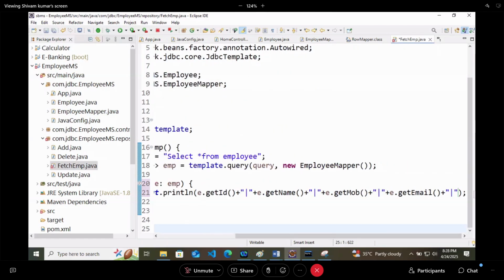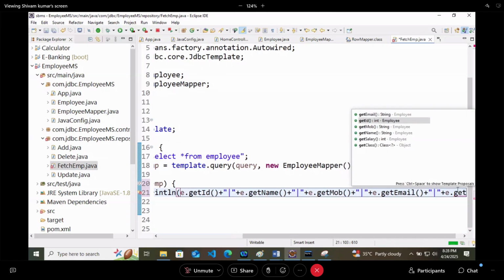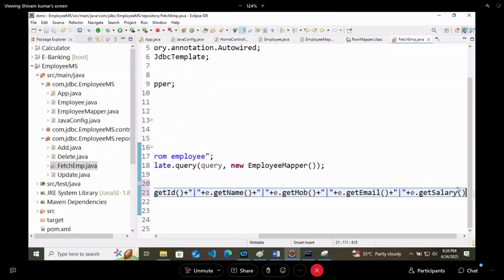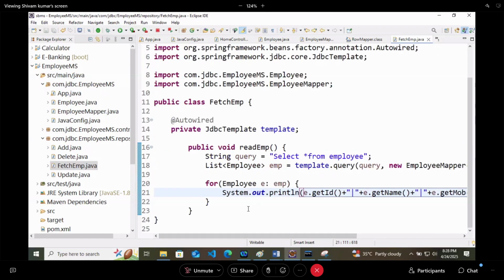You can use a space also. I'm just trying to make it look good. E dot get salary at last. So now I'm printing all the employees in this way using a for each loop.